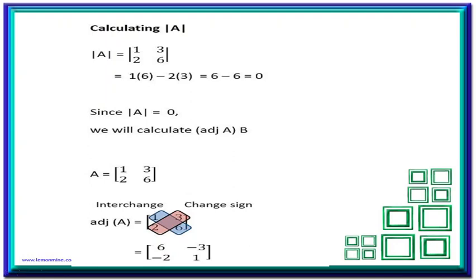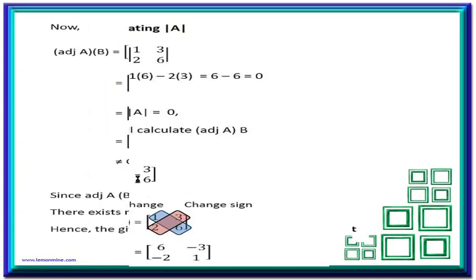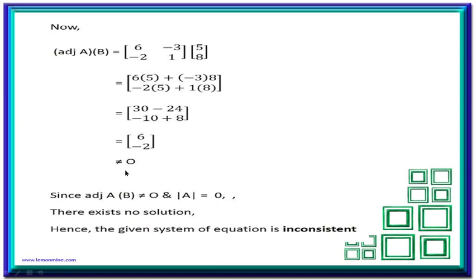Now we have to proceed further and we have to calculate this adjoint A into B. So first of all we have to find adjoint A, which is not difficult for a 2 by 2 matrix. We know this shortcut method. Diagonal elements we have to swap, and the other diagonal elements we have to change their sign. If it was plus, now it will be minus. Adjoint is ready. Now adjoint A into B we will calculate. This is surely non-zero, because if it is also equal to 0, then we may have no solution or we may have infinite solution. We don't know, that depends, but we will not have this case in class 12th.